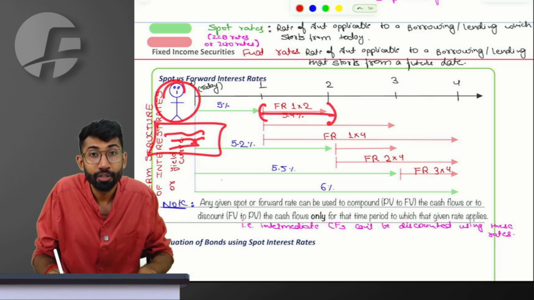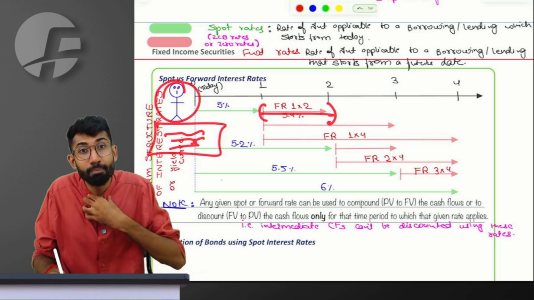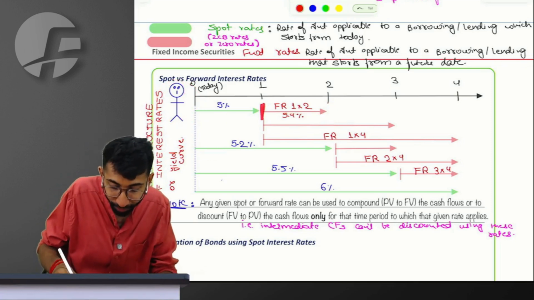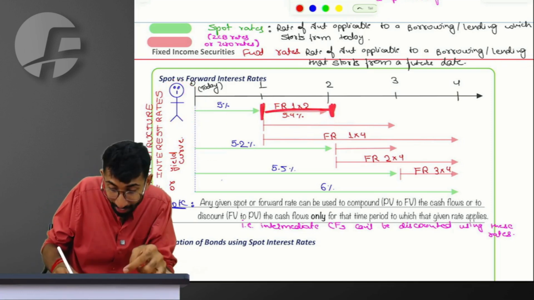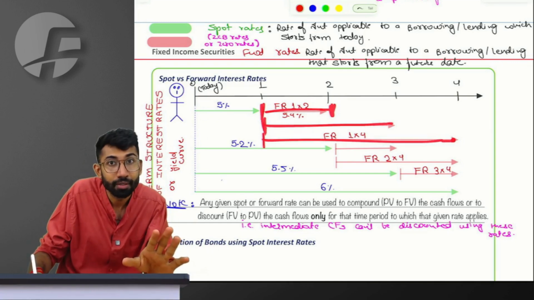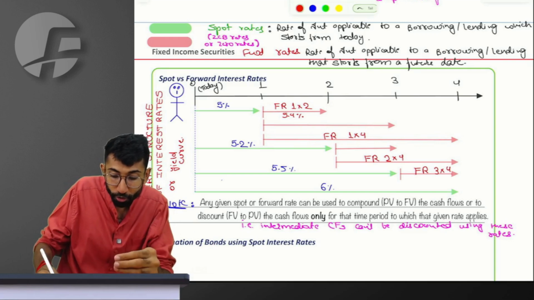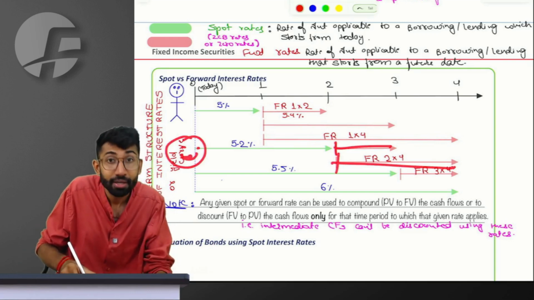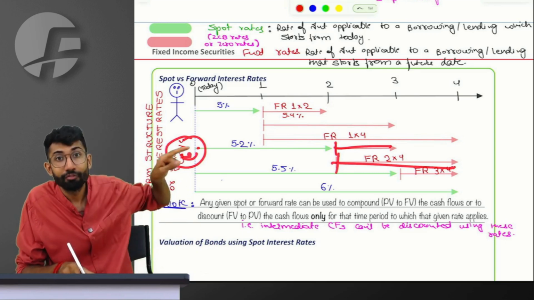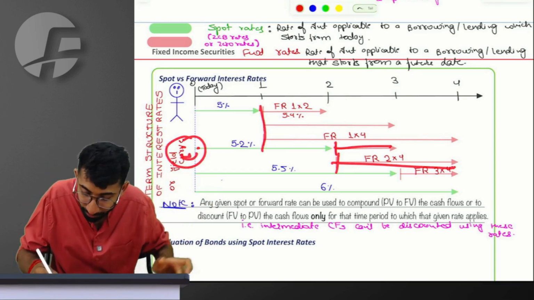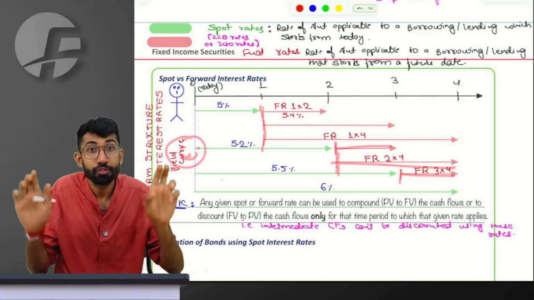I will borrow an amount after a year for a year, after a year for 2 years, or after a year for 3 years, for example. Similarly, I will borrow after 2 years for a year, after 2 years for 2 years. I stand at 0 point, and I'm talking about borrowing starting from a future date. And the rate that is applicable for that period is called the forward rate,